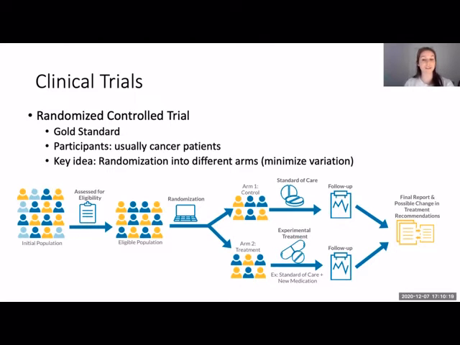A randomized controlled trial is our best way of finding out if a new treatment works and is better than what we currently use. The participants in a randomized controlled trial are generally patients with an illness. So in the context of cancer, these would be cancer patients. The key idea to randomized controlled trials, and what gives them their name, is that the participants are randomized into two different treatment groups. As John mentioned, this is done to try to make the groups as similar as possible